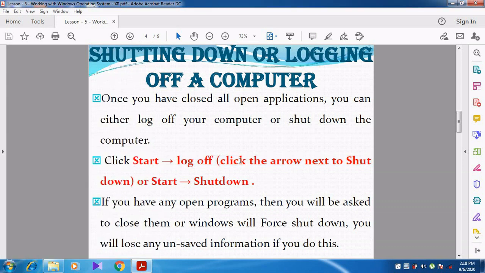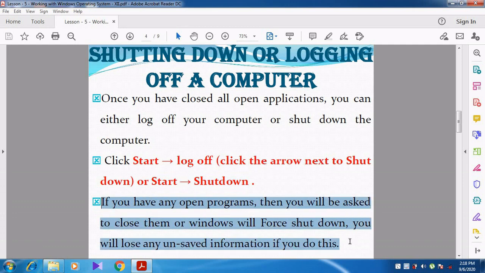So start, log off: click the arrow next to the shutdown, or else you can straight away click start, shutdown. Start shutdown means it will close all the applications and open files and then switch off the computer. If you have any open programs, you will be asked to close them, or else Windows will force shutdown.